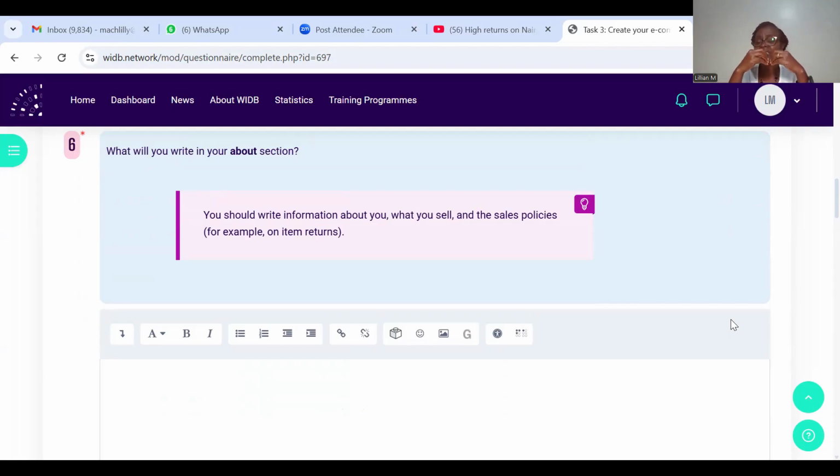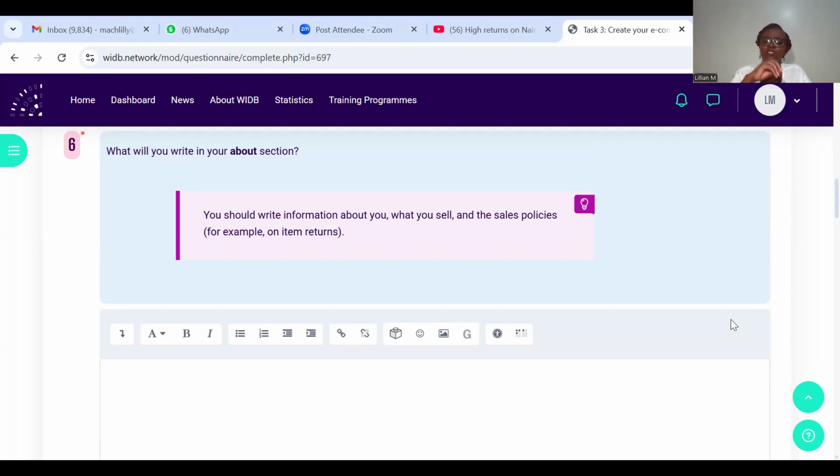Remember, the information here should speak to the consumer, not to you. Speak to the reason why they would buy your products or your services. Are they overwhelmed and therefore coming to you? Are they overweight and coming to you? Are they getting married and coming to you for a cake, or for bridal wear, etc.? Write the information in your about section to speak to them. Speak to the reasons why they would come to you.